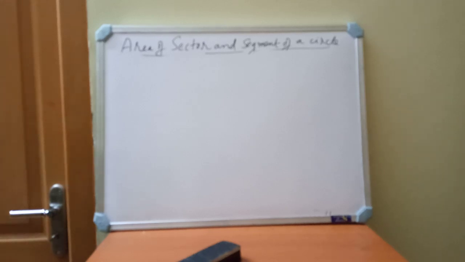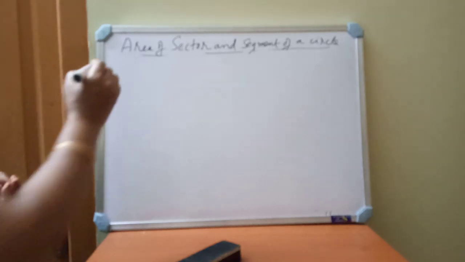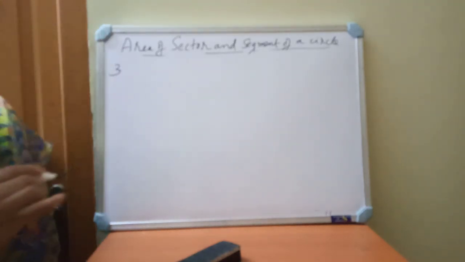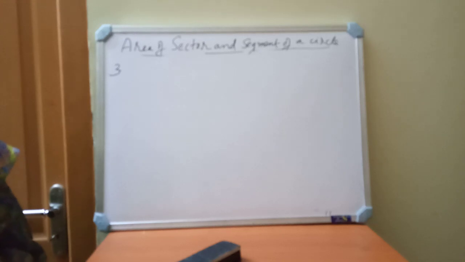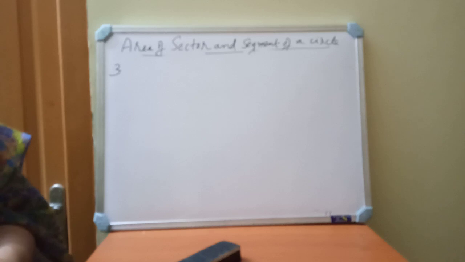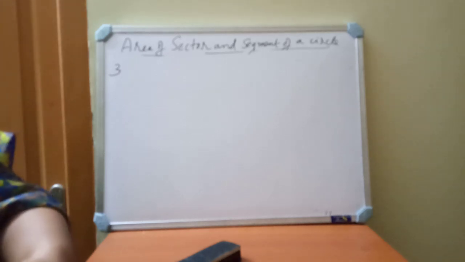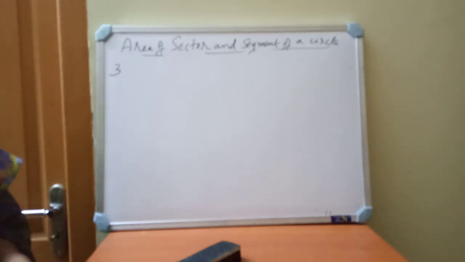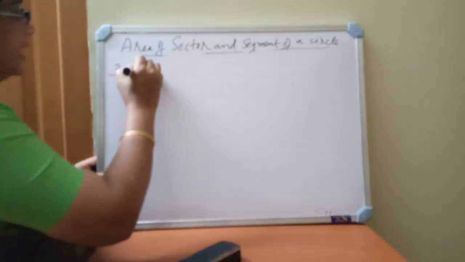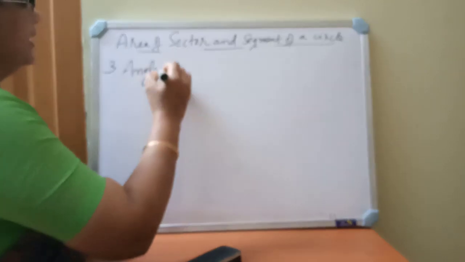For finding the central angle, question number 3, they are given that the length of the minute hand of a clock is 14 centimeter. Find the area swept by the minute hand in 5 minutes. So directly theta value is not given in the question. Instead of that, they are given in minutes. Okay. So first you must find out angle described by minute hand in 60 minutes. What is angle described by a minute hand in 60 minutes?